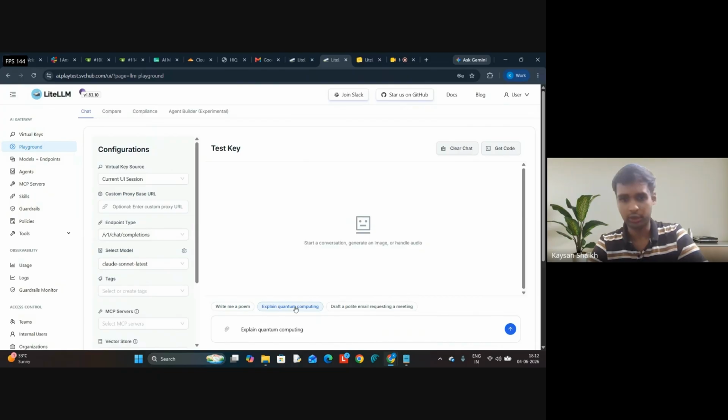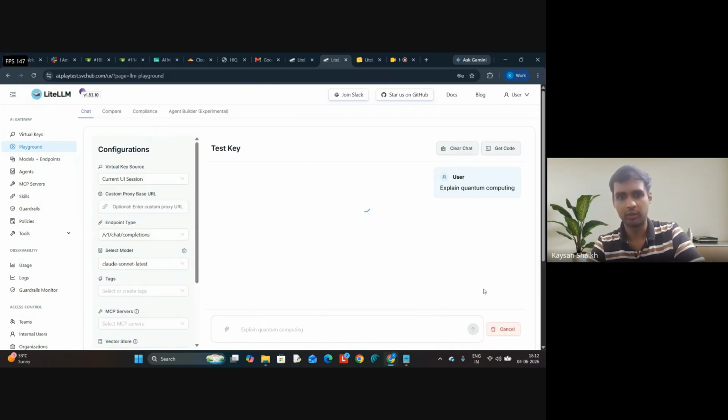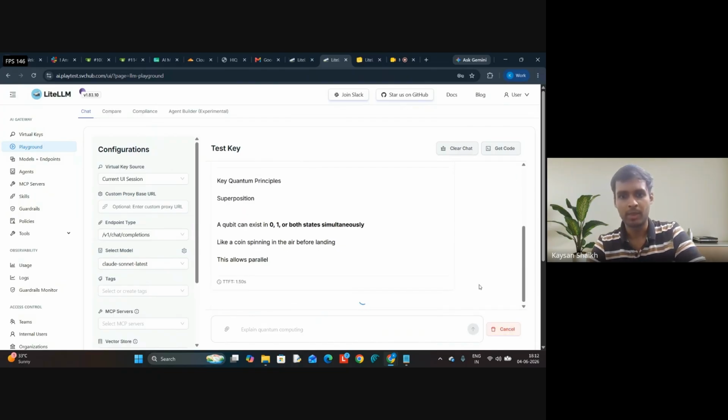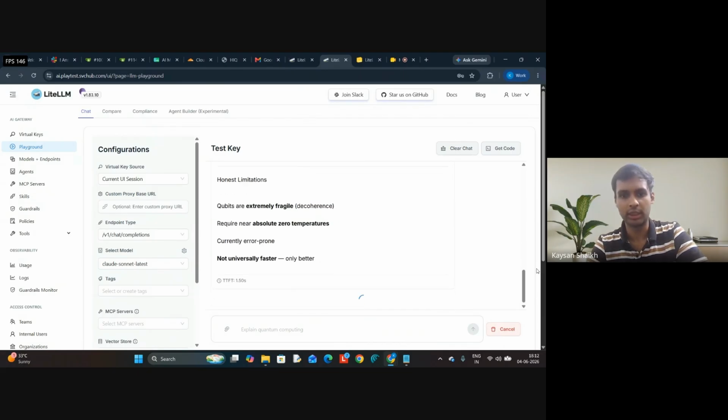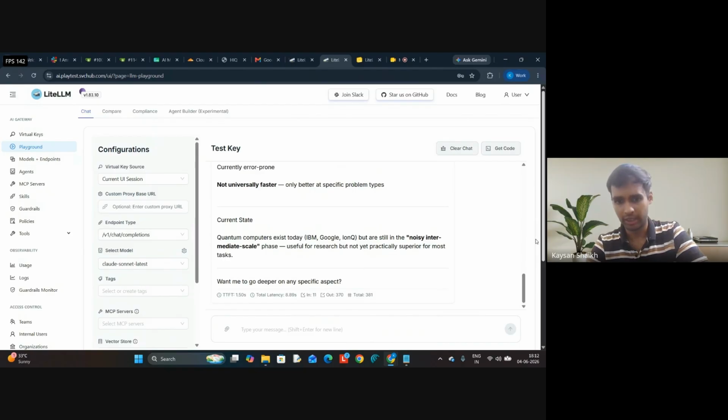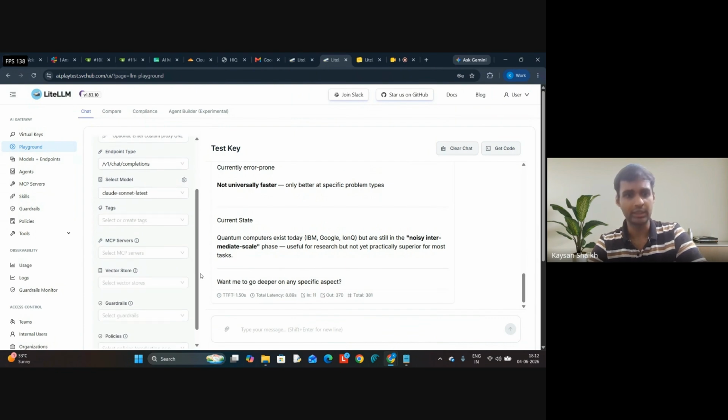Suppose, explain quantum computing. When you hit enter, it is going to give you the response. That's how you are going to test whether your model is working or not. And what is the total latency, what are the input tokens it takes, what are the output tokens it takes, everything. It provides this,